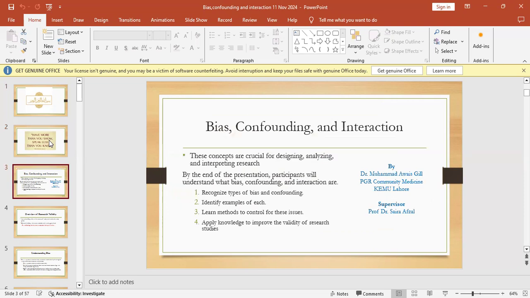Today we are going to discuss bias, confounding, and interaction in medical research. These concepts are crucial for designing, analyzing, and interpreting research. By the end of this presentation, participants will be able to describe confounding, bias, and interaction, recognize types of bias and confounding, identify examples of each, learn methods to control these issues, and apply knowledge to improve the validity of